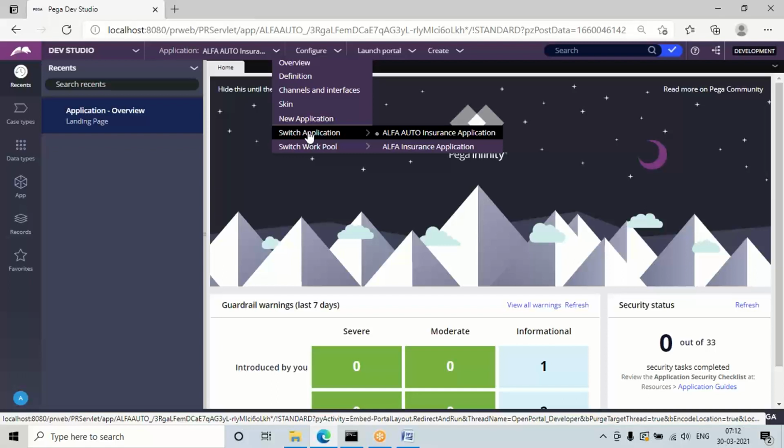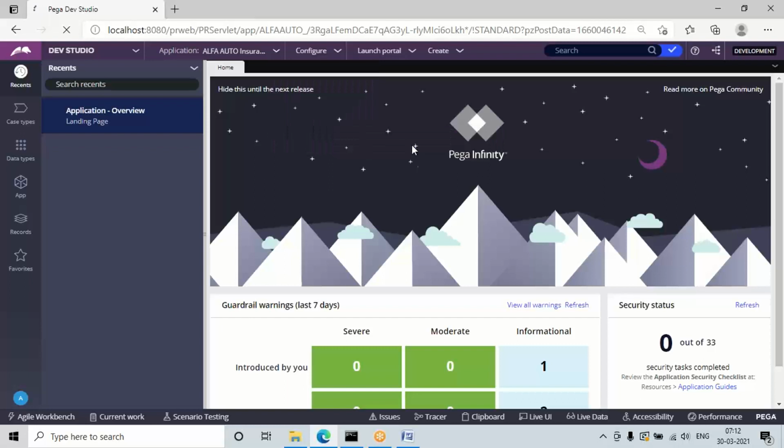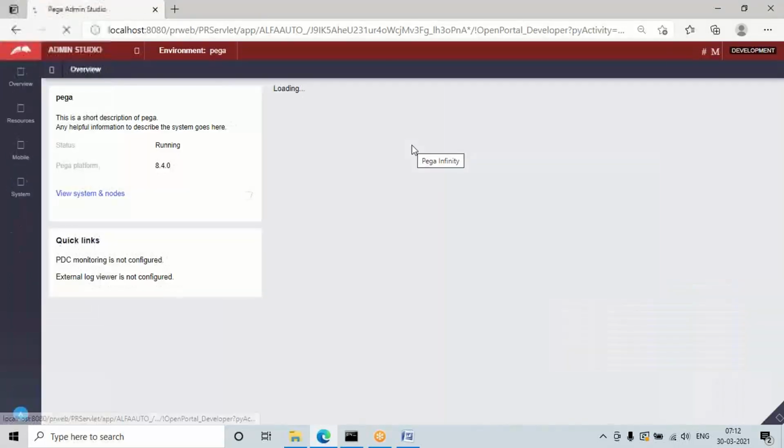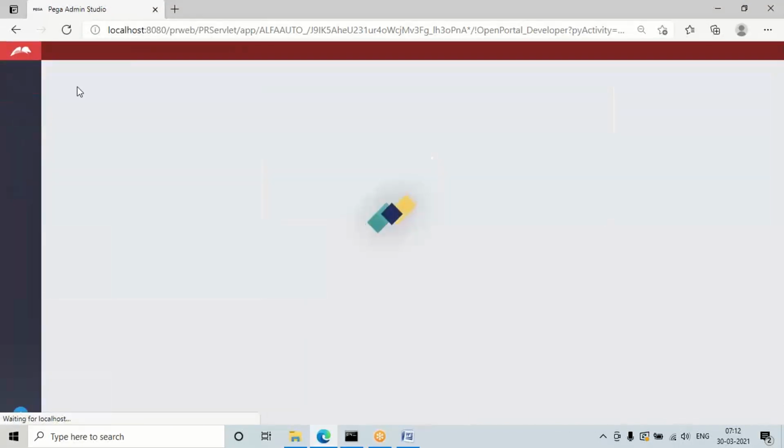So if you want to switch to your framework application again, there's no need to log off and log in. There is an application menu, and under it Switch Application, and you choose your framework application name. If you select that, it will switch to Admin Studio first, and when you go to Developer Studio again, you can see the name is now your framework application name.